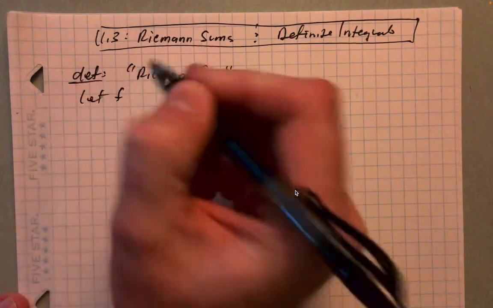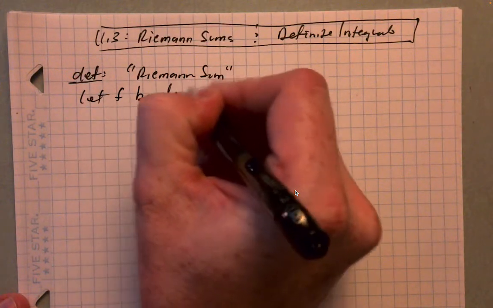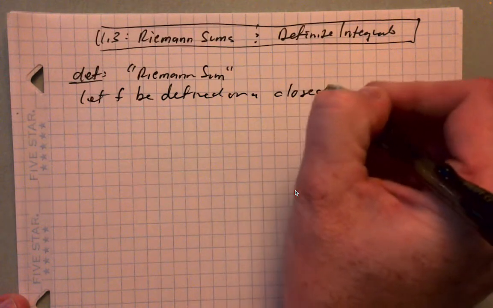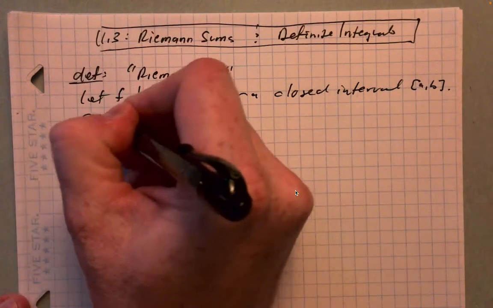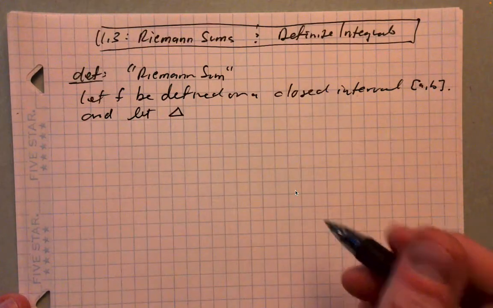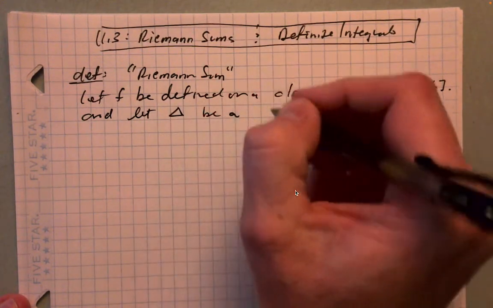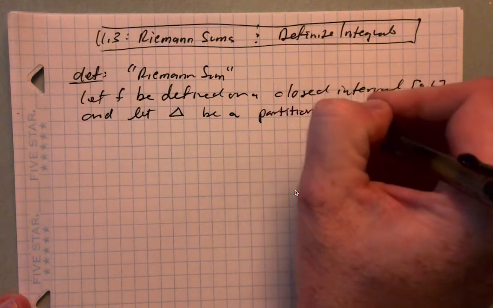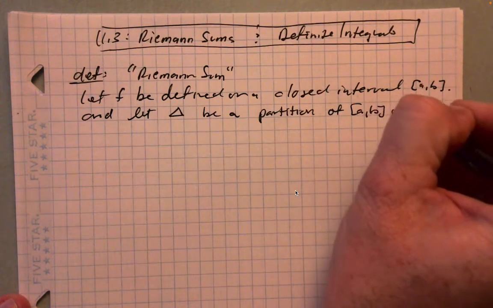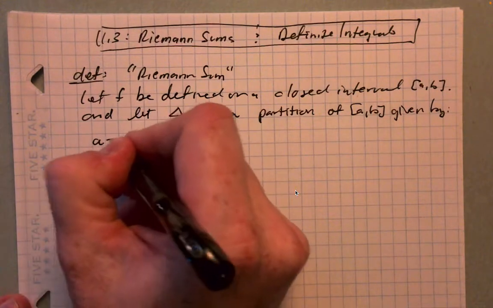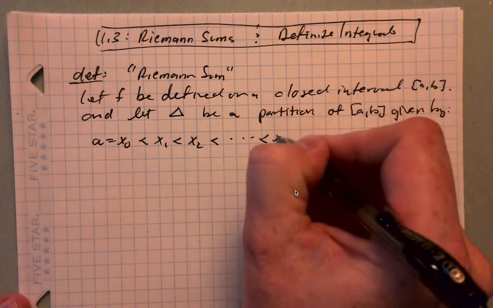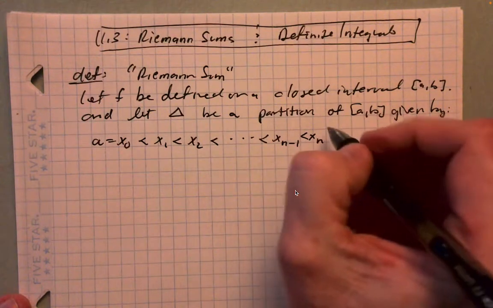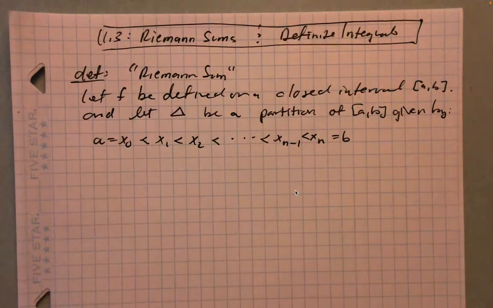So let f be defined on a closed interval [a, b]. Okay, closed interval [a, b]. And we'll let delta be a partition of [a, b]. And we'll say it's given by a = x0 < x1 < x2 < ... < x(n-1) < xn = b, right? So I've got basically a partition of n intervals on this overall interval from a to b,